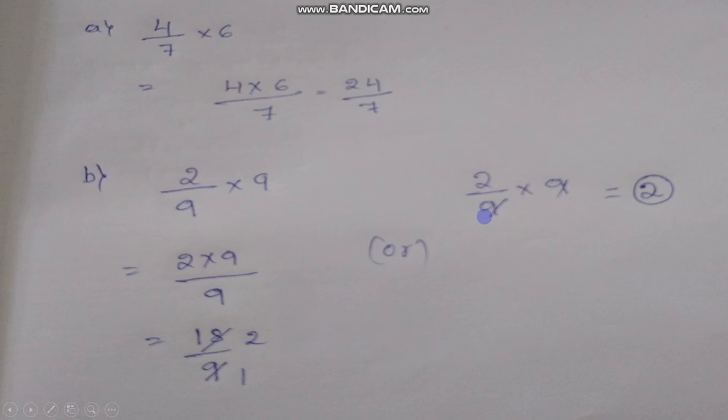When the denominator and the whole number are the same number, then you can easily cancel them. Then the numerator itself is the answer. Have you understood? Students, I hope you enjoyed this lesson. There are some other problems in your exercise problems that I have sent you. You have to solve these. That is your homework. I hope you understood this.